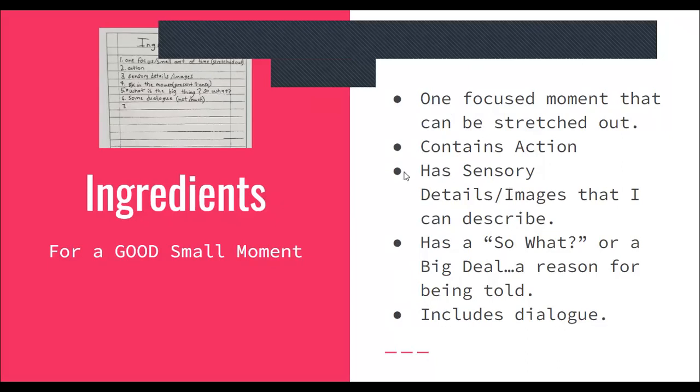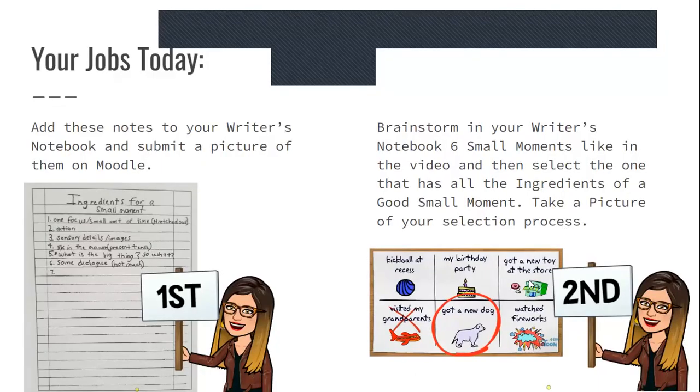Alba, you have a question? So we just have to write a title, and for the other thing, we just have to write a title and what are we writing? I mean, like a little drawing. On the other part, you mean, for the small moments? You just need to write 6 ideas and draw. Oh, and a title or ingredients for some.